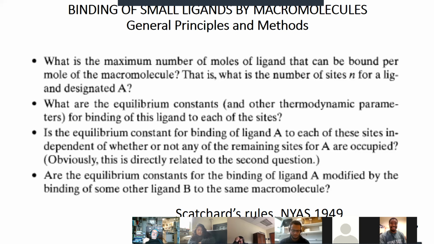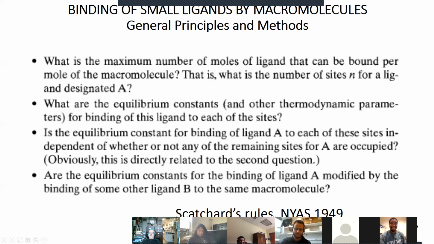There's a figure in the book that's basically a binding to DNA sort of experiment, and at really high affinities, it's pointing out that you need to be working in the sub-nanomolar range for some of these experiments, and you have to be really creative in how you make the experiments. All right. So the next point that he makes is he summarizes what I will tell you are Scatchard